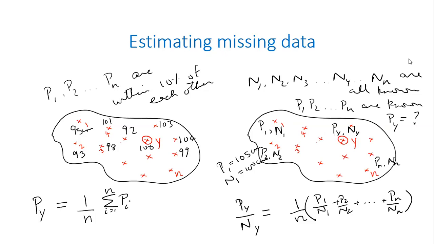So this is a very standard approach. It's not fancy, it's a simple approach. The earlier approach was even more simple. If everything is within 10%, then you use a very straightforward way of estimating, which is just the arithmetic average. This one is a little bit more sophisticated, because it takes into account what happens normally and uses that information to try to estimate what might have happened in a given year.